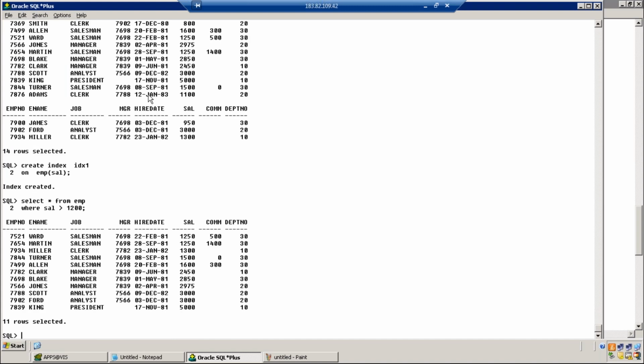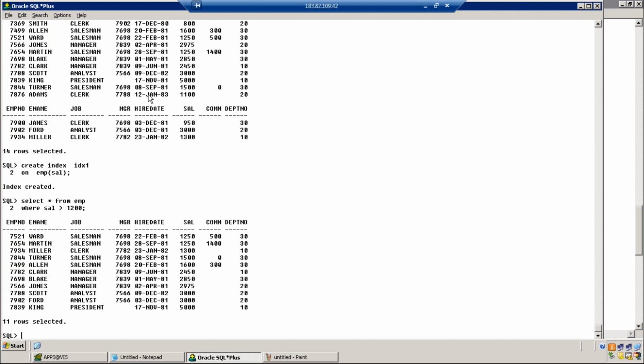But Jamal, you are unable to experience the difference of speed before and after the index because there are only 14 records. Here there is no performance difference because the table has only 14 rows.